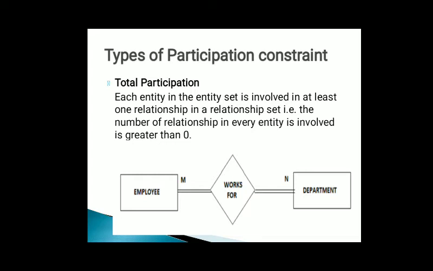Here consider two entities, employee and department, related via the works for relationship. What is the relation between these two entities? Works for, shown in a diamond. Now every employee works in at least one department. Therefore an employee entity exists only if it has at least one works for relationship with a department entity. Thus, the participation of employee in works for is a total participation. Means every employee works for a department. That is known as total participation. Got it, all of you?